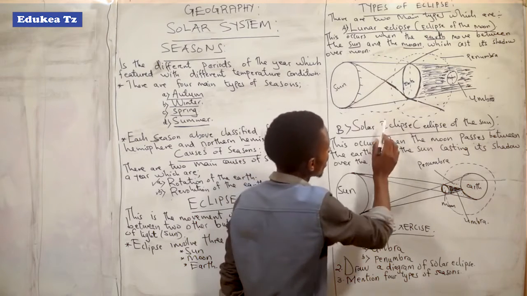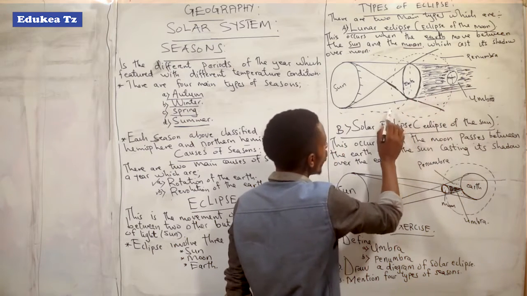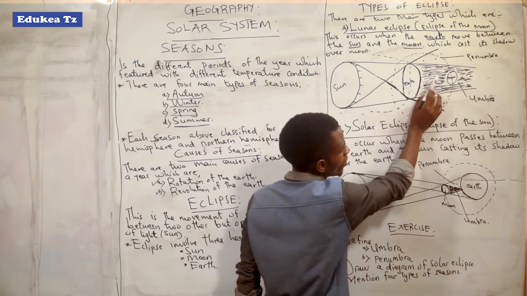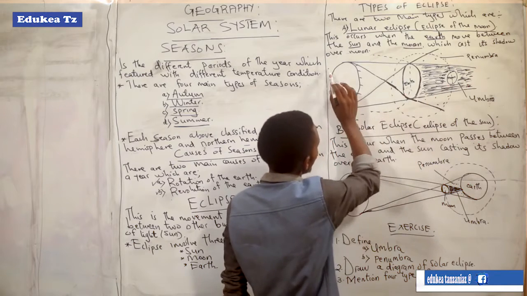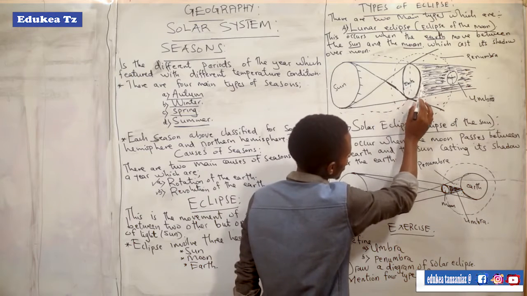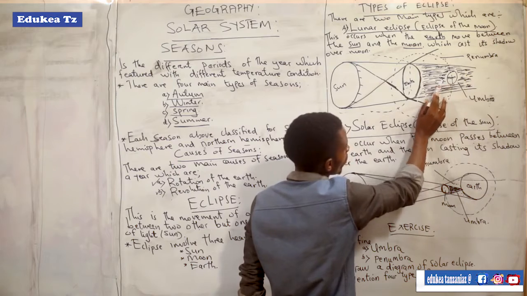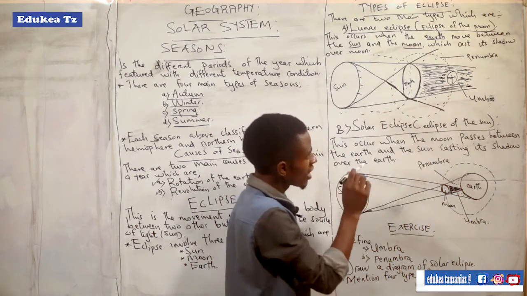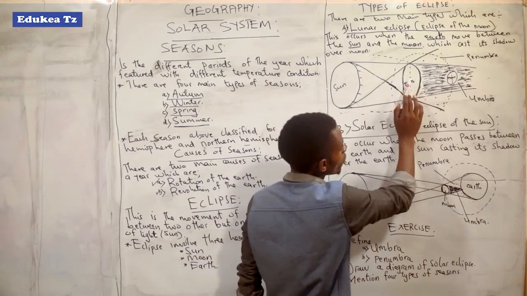So when we talk about lunar eclipse, it means that the moon and the earth are in motion. The earth is moving, the moon is moving. The moon reaches a point, and the earth revolves around the sun and comes to that point. The moon, due to its revolution, also comes to that point. So the moon and the earth are directly in line from the sun. At that point, when they meet in a direct line from the sun, the earth obscures